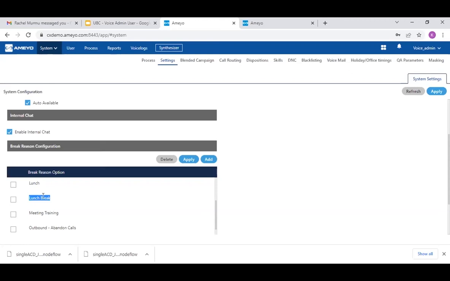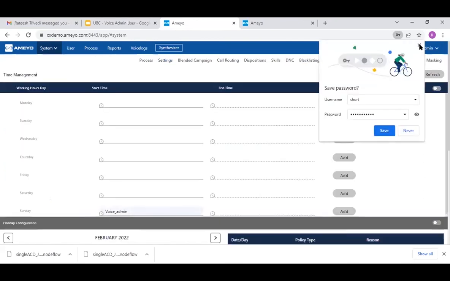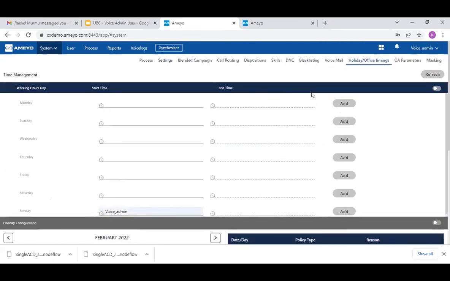So moving ahead, we have configuration of working hours. So working hours can be configured on two levels. Either it could be on the system level, or it could be on the campaign level. So holiday and working hours are basically required. So there can be various use cases. So just one use case can be, for example, your working hours are from 10 a.m. to 7 p.m. Might be different for different days. So what you can do is you can set the time.